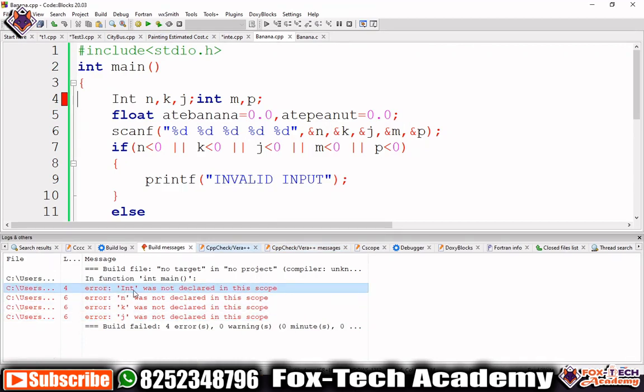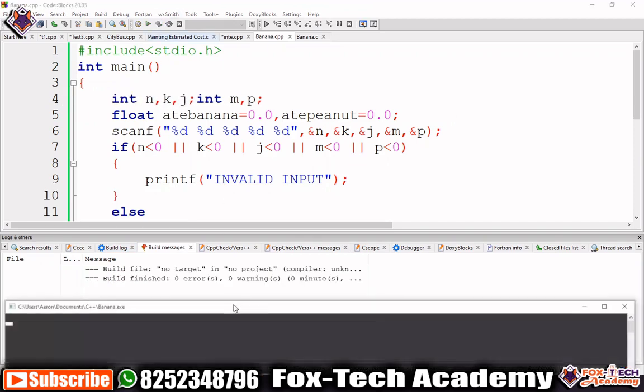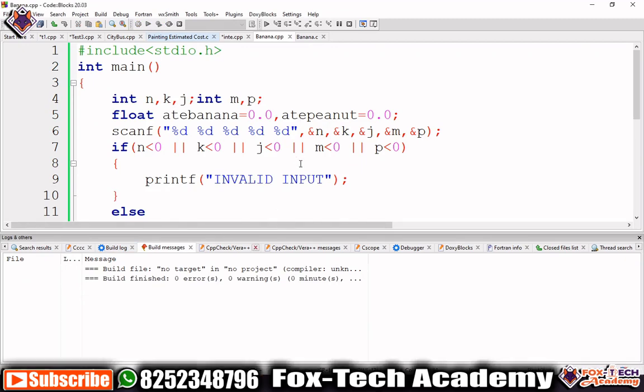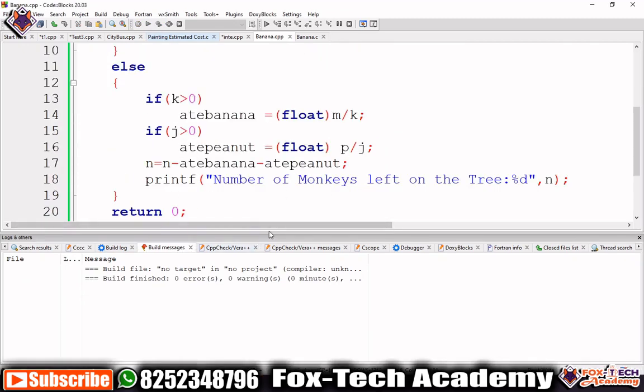You can see that it gives errors related to the variables. We have made only one mistake, we created a capital I instead of a small i, but it is generating 4 errors because we created these 3 variables. That's why it is giving errors. When we remove this, we will not get any error. So these are some basic errors we have to figure out.